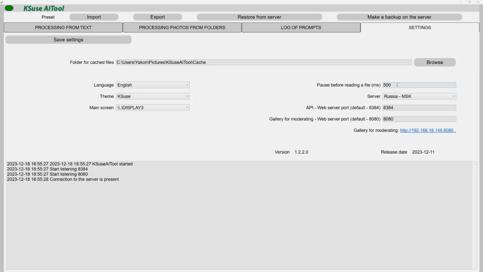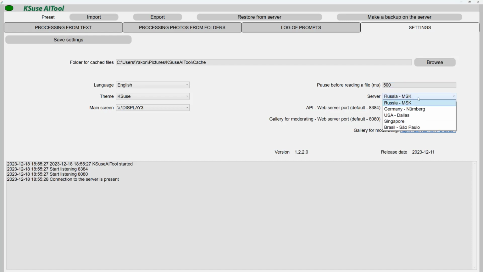Or another case, your photo booth writes files directly to AI tool. The guest took a photo, the file was saved, but the guest, seeing the result, clicked retry, and the file was deleted. That is, the file already exists in the database, but cannot be read. This will also cause errors. In this case, it is recommended to set the interval greater than the interval given for reshooting.